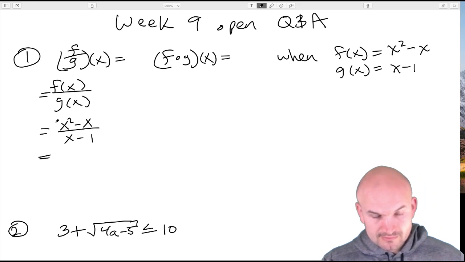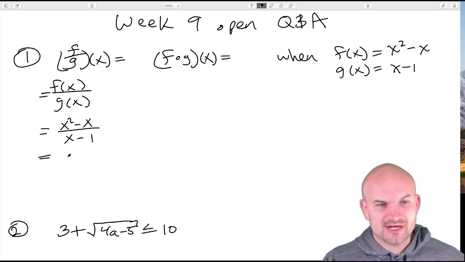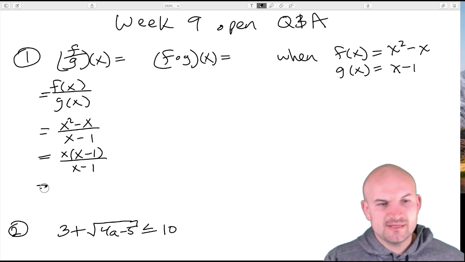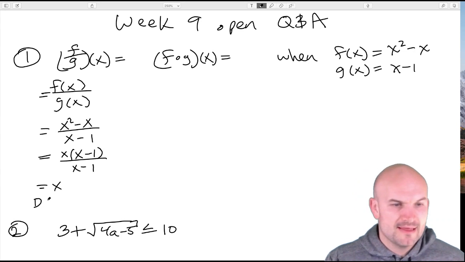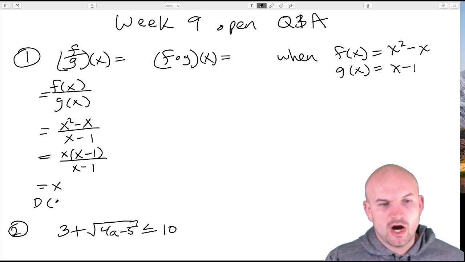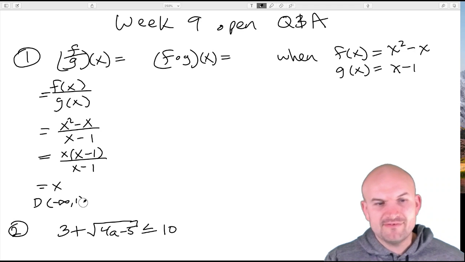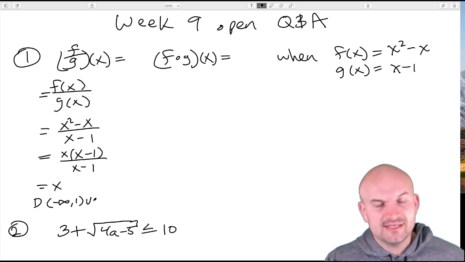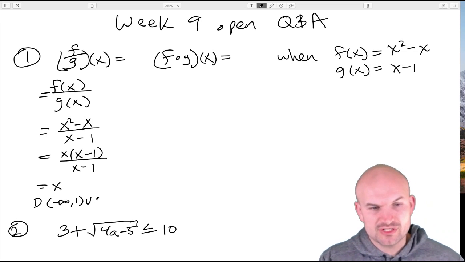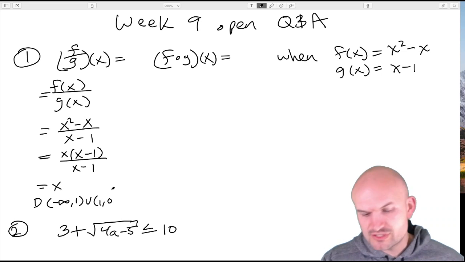And so in this case, we can factor out an x in the numerator, and therefore we would have an x minus 1 over an x minus 1. And therefore we could actually just simplify this over to x. Now, again, sometimes we want to identify the domain here. So the domain is going to be all real numbers except for 1. Even though 1 can be divided out, it's still going to be a hole in the function, or in this division of two functions. So it's still going to be a restricted value.